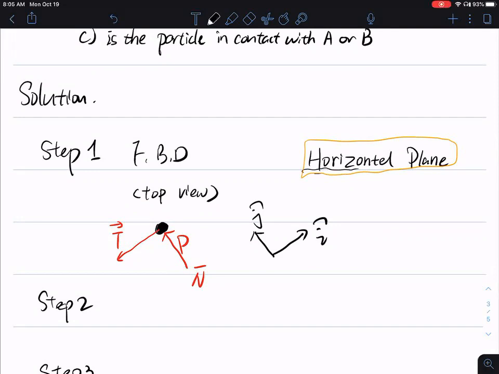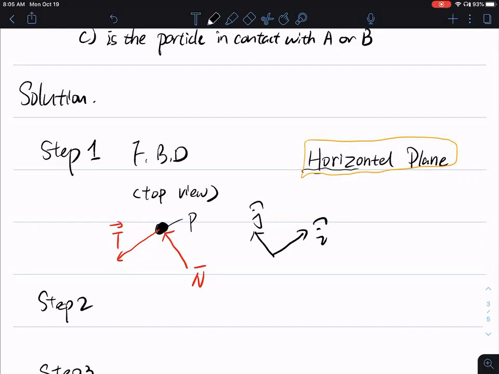Once again, this is a horizontal plane. That means our weight force is going into the page. That's why we don't have any weight force here. We only have two forces. One is a tension force from the cable, and another one is a normal force pointing to the particle. This guy is our particle P. So on the free body diagram,